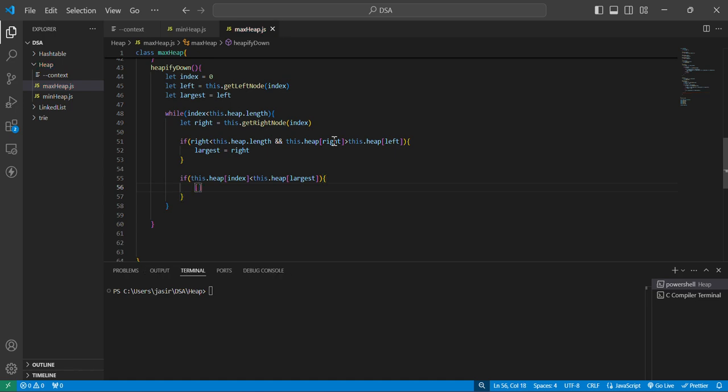If that's the case, it will swap. Heap of, oh my, why am I not getting the auto suggestions? Heap of largest, and this dot heap of index,